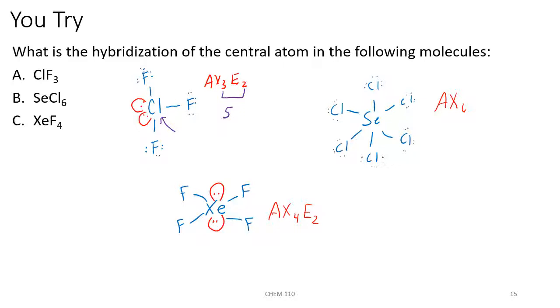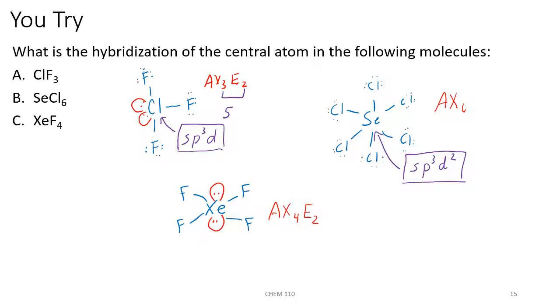So when we have 5 things around our central atom, our hybrid orbitals will be sp3, and then that's 4 things. We'll have to throw 1 d into the mix. They'll be sp3d hybrid orbitals. For our AX6 molecule, SeCl6, that's an octahedral molecule, and we need 6 equal energy hybrid orbitals for our central atom to use for bonding. And so the hybridization will be sp3, and then 1 d is 5, 2 d's, if we threw them into the mix, would give us 6